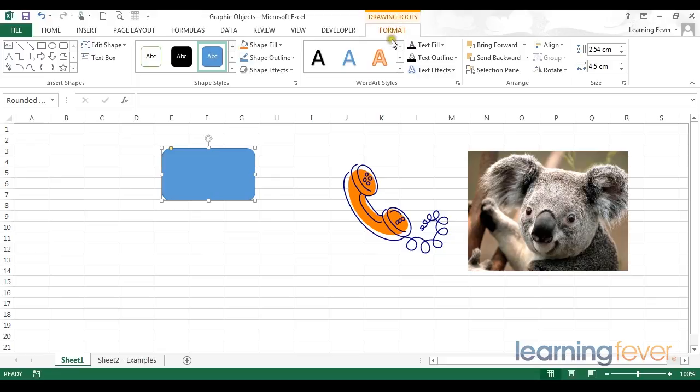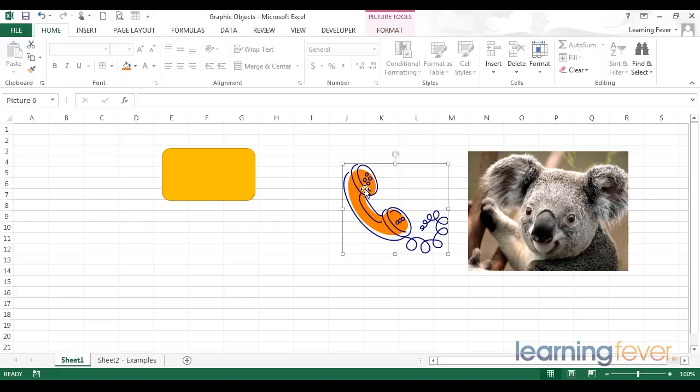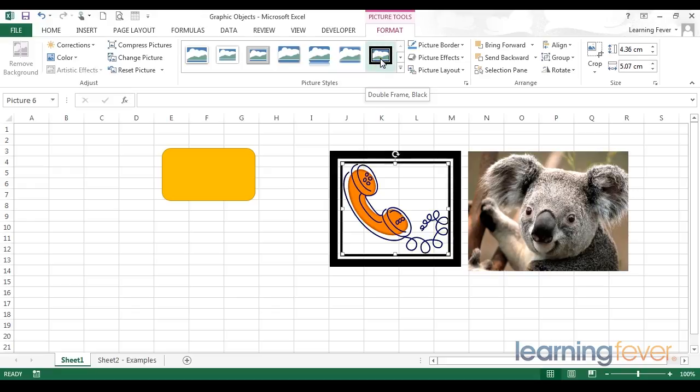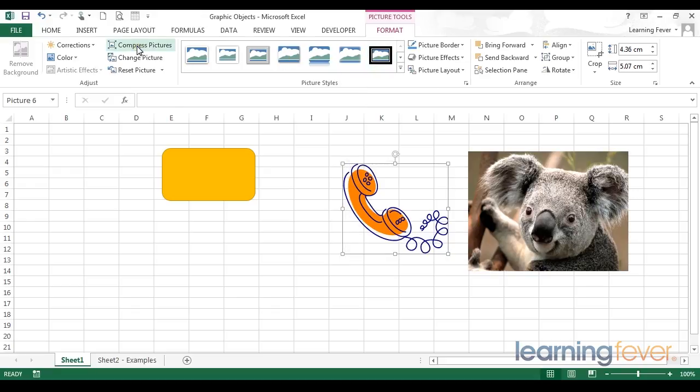This is allowing me to format the object I've inserted and gives me different options for changing the color, the font, etc. Different objects that are inserted on the sheet may have different Contextual Tool tabs. For example, these two items are both considered to be pictures and have a Contextual Tool tab relating to pictures. This includes formatting options such as adding frames to a picture. I can compress the picture, perform corrections, and perform various other tools in terms of rotating and moving the shape